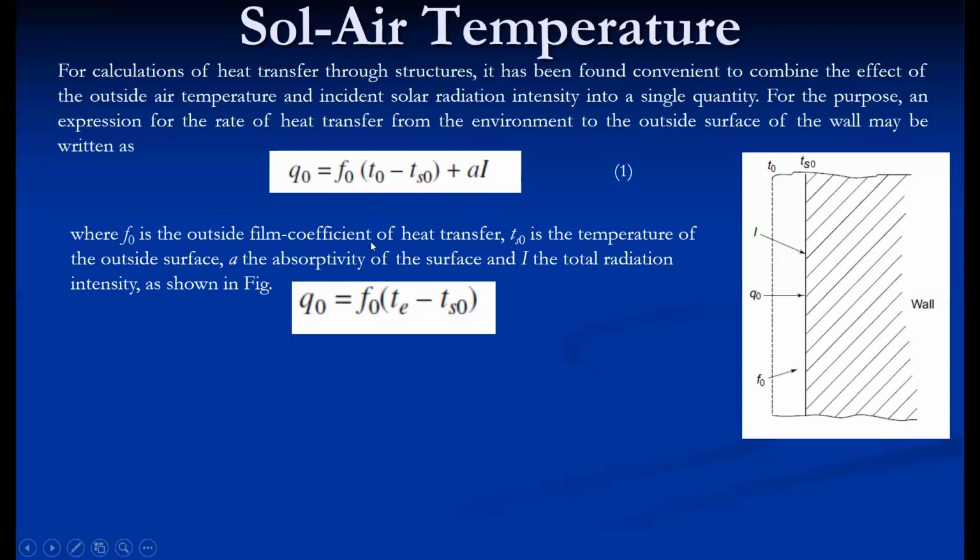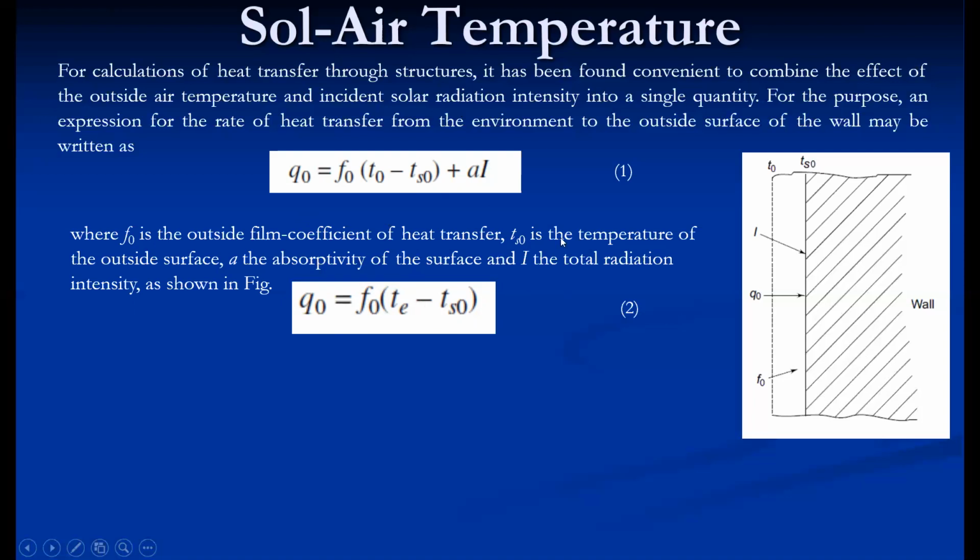Now the same equation we can write, because all these terms can be written in terms of solar air temperature, which is given by h delta T. Area is uniform. That small q term we generally use for the heat flux, the heat transfer rate per unit area. So that is equal to the outside heat transfer coefficient, f into T minus T_so. So T is the solar air temperature, which takes into account the convective heat transfer as well as radiation heat transfer. So the combined effect it takes into account.